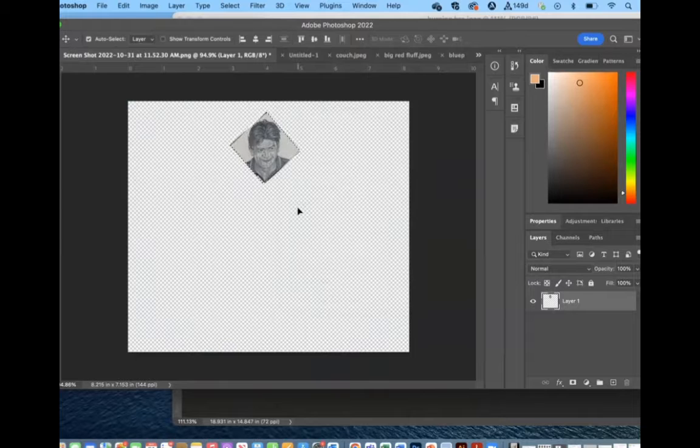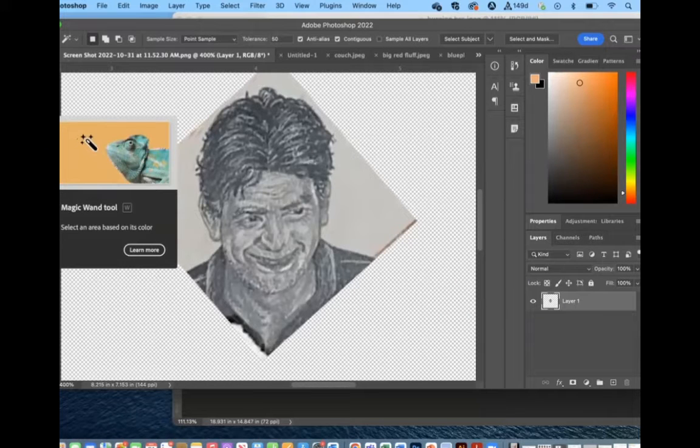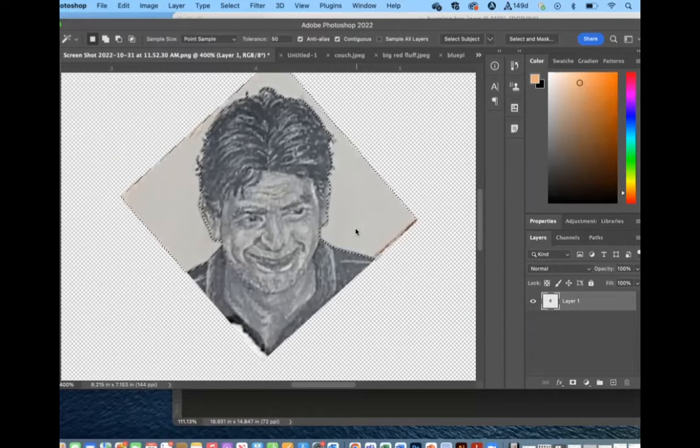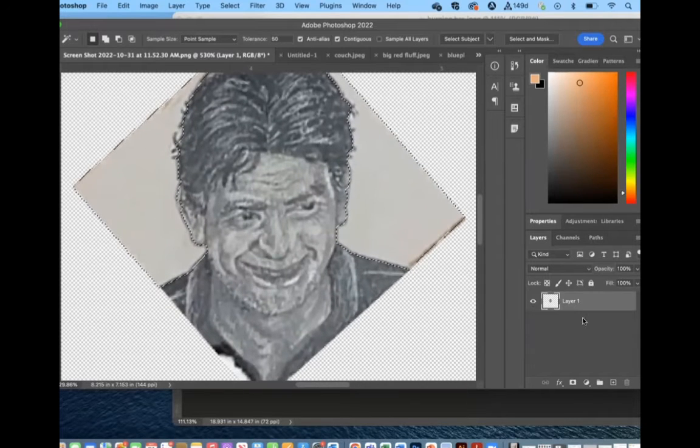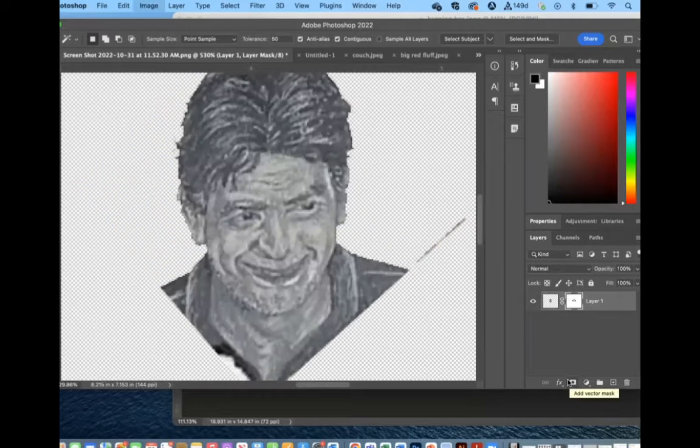And I've got this Charlie Sheen selected. And I'm going to do a couple of different things here. I'm going to use this magic wand selection tool and select the background surrounding Charlie Sheen. I can, again, go back and add another mask, do Command I to invert that mask. And then if I look at my mask, you can see the edges of it are not quite as nice